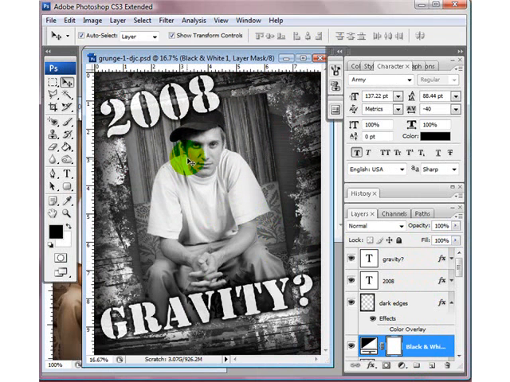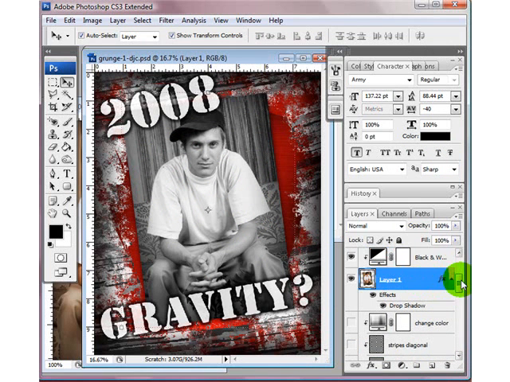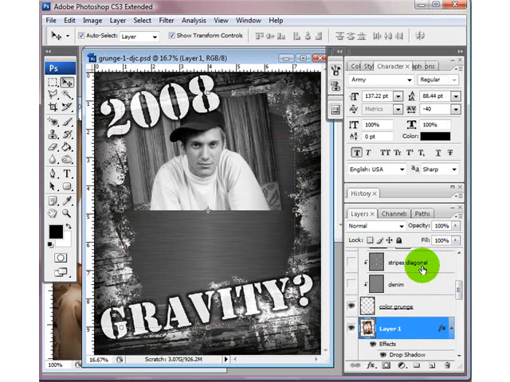And now my photo is black and white, which you need to click on this, right click, and create a clipping mask so that it just has this photo and not the entire project. Now I'm going to arrow this down because I didn't exactly put it in the right spot starting out, so I'm going to press Control and my left bracket and arrow this down